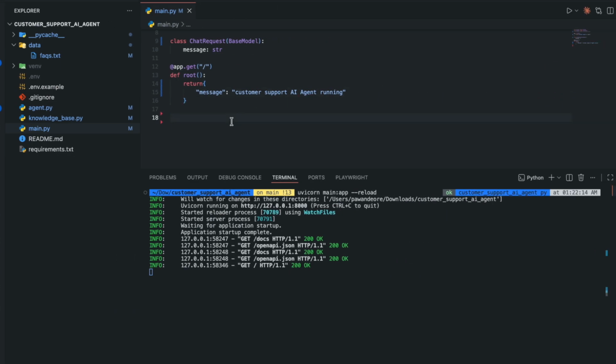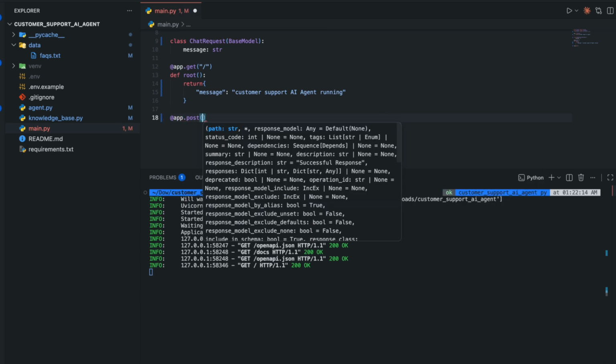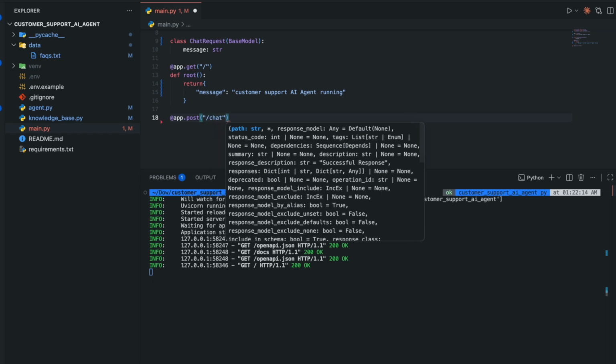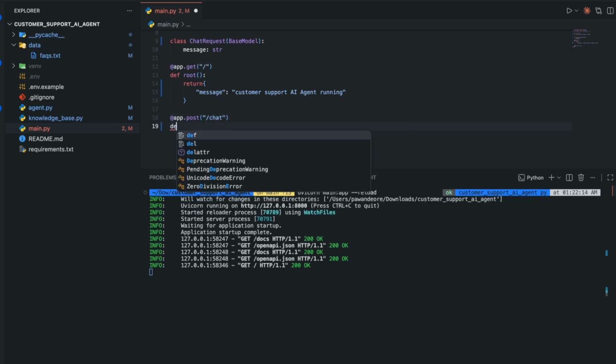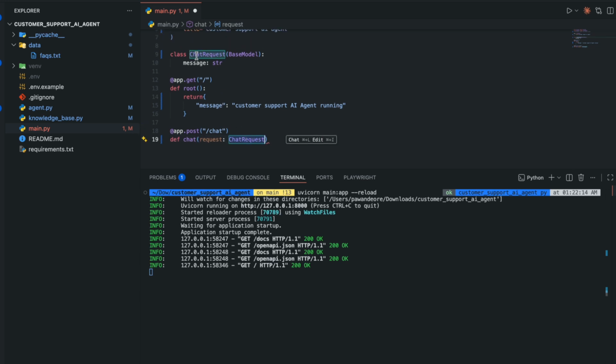In here, app.post slash chat, and def chat with request ChatRequest. So here we have defined the class and we will use it here,